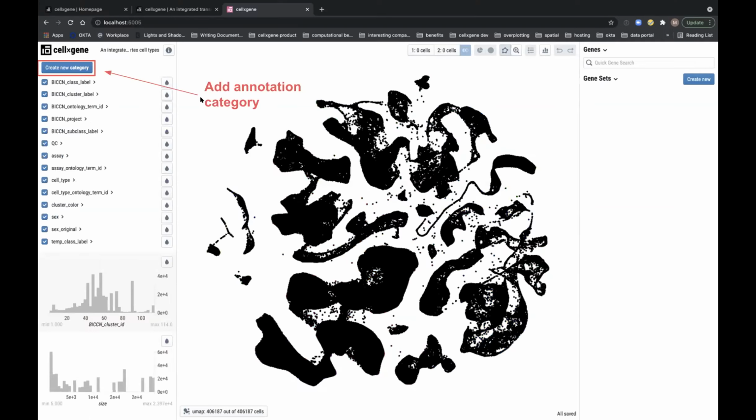There's another version of Cell by Gene, which is the original version of Cell by Gene Explorer, which we call the Desktop Explorer. This requires that you download or pip install the program and then work with the data set locally. One reason you might want to do that is because it offers additional functionality where you can create custom annotations based on custom selections of cells that you've made in the Cell by Gene Explorer. To access that functionality, you would go to create new category, and there are a couple other steps, and I'll demo those briefly.